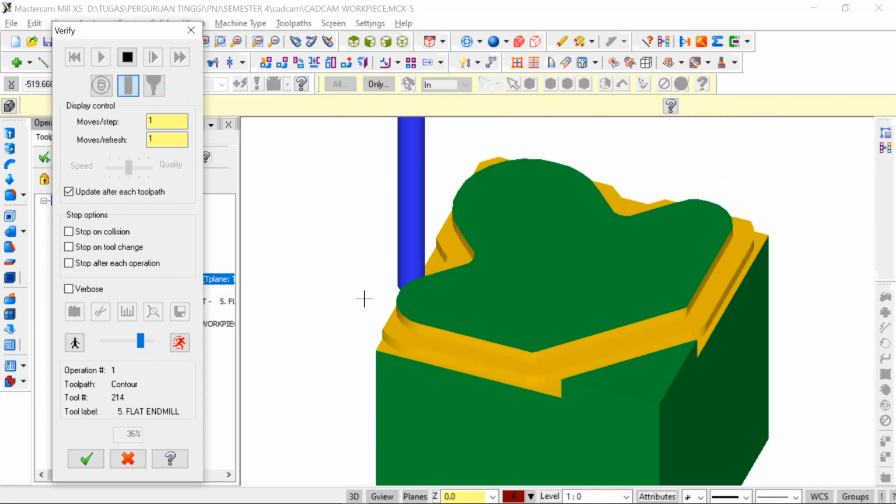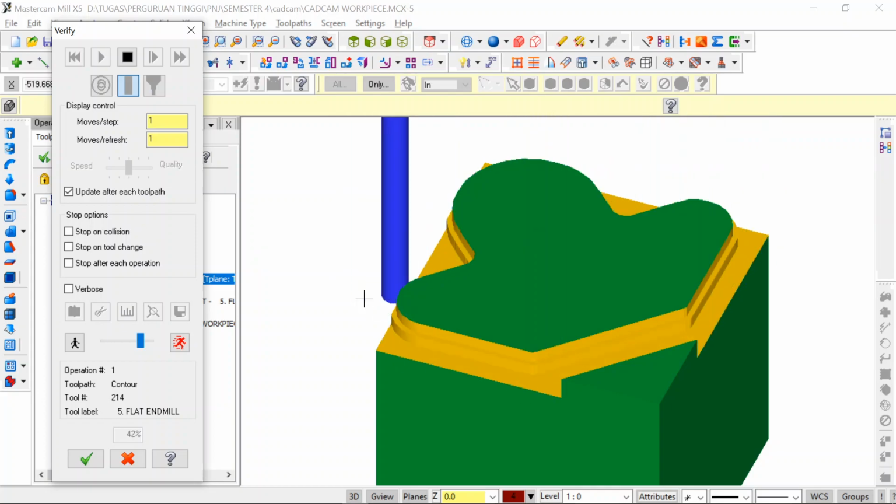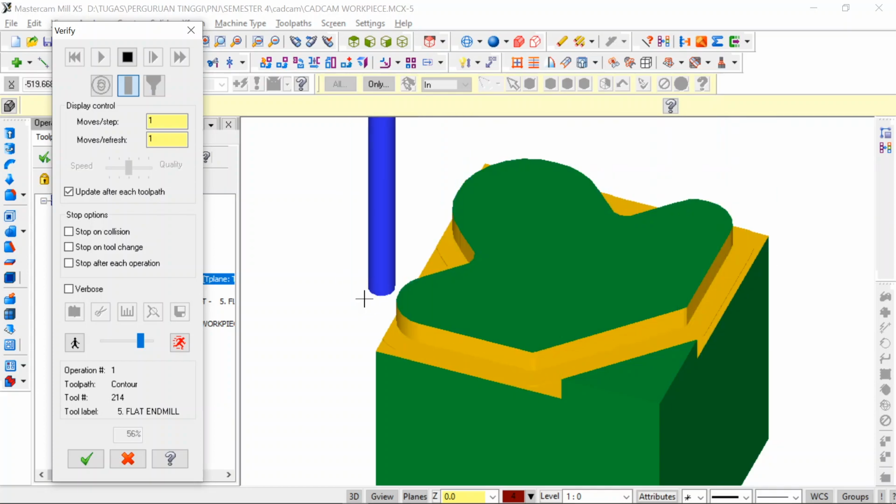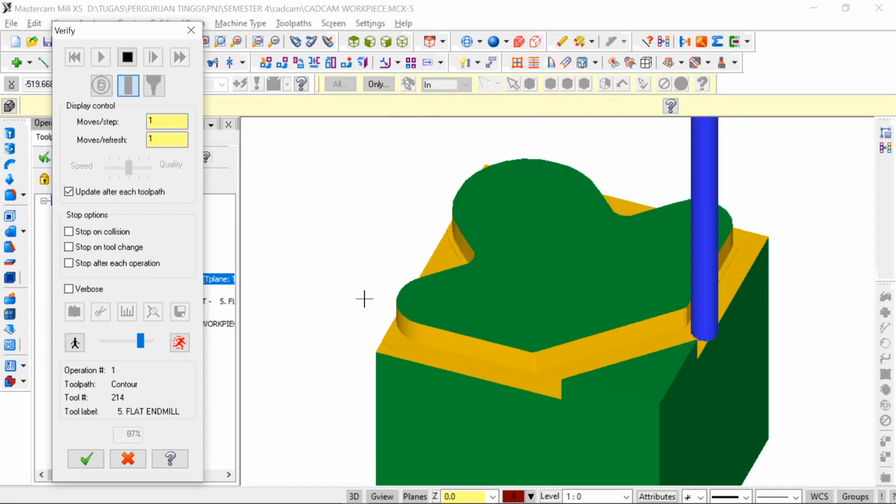So the first thing is rough cut, and then after that there is finishing cut. So the workpiece will be smooth on the surface and will be flat. Okay, the simulation is already done.